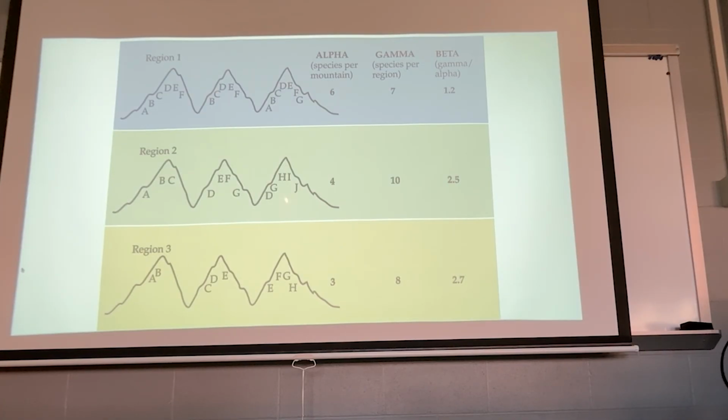Region 2 and 3 are much different. Notice your alpha is smaller, your species number is bigger overall, which means that your beta number is more. And what that tells you is there's a lot more diversity in the communities. So you can see A, B, and C are only found on this mountain, right? And that's much different than over here, which is D, G, H, I, and J, right? So you got species that are localized to certain communities, which means there's probably a lot more diversity in what the community looks like. And there's isolation or selection that's preventing everybody from moving around, right?